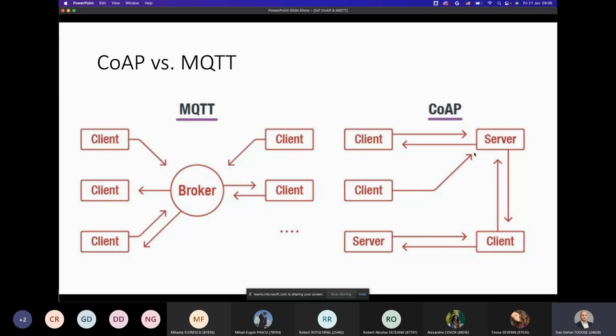Now, this is kind of like the architecture of CoAP. Now, moving forward, we're going to talk about a different type of protocol. It's called MQTT. And this one has a bit of a different scheme of transferring messages than CoAP. So you've got, just like CoAP, multiple clients, but the information is sent in a publish-subscribe fashion, and you use brokers instead of servers to connect to and to relay your information to.